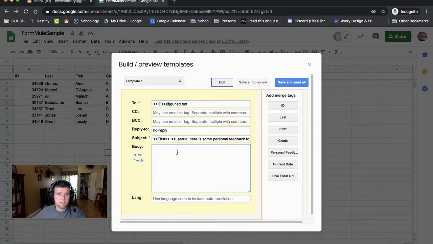In the body, you can do the same thing. I can say, Dear first, and it includes the word first here, so I actually want to delete that because I only want the tag, I only want the name. So this one would say, Dear Alex, and then Dear D'Angelo,